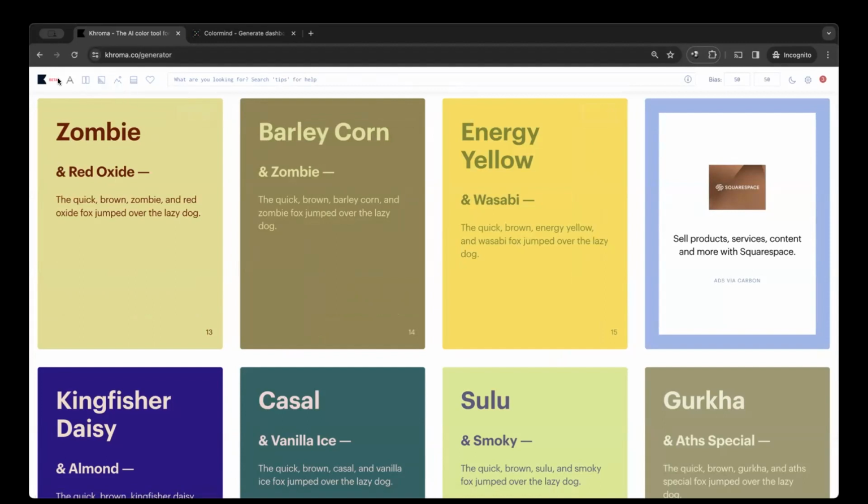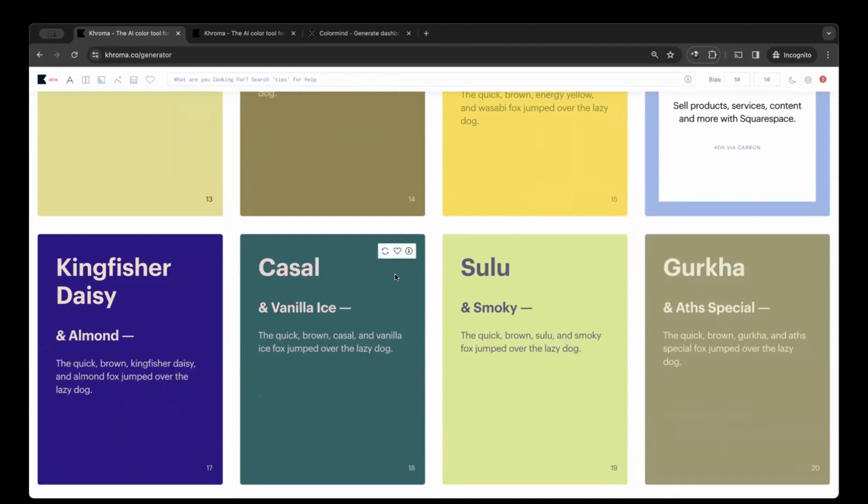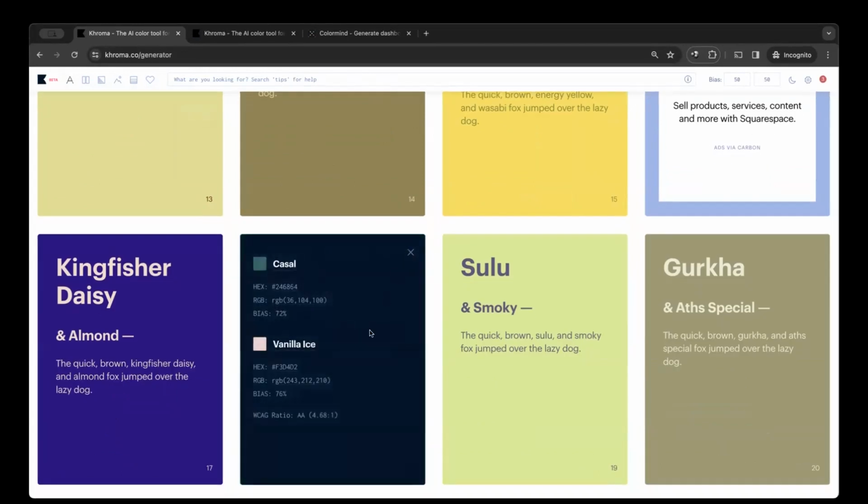Yeah, I have a question. Do you have a hard cutoff for the percentage? For example, I have two colors here. One is 71, the other one is 72, and it's showing me the AA ratio. Is there a hard cutoff? Like, let's say if it's less than 70, don't choose. Is there a rule like that?